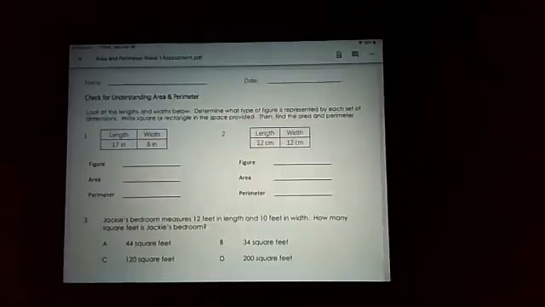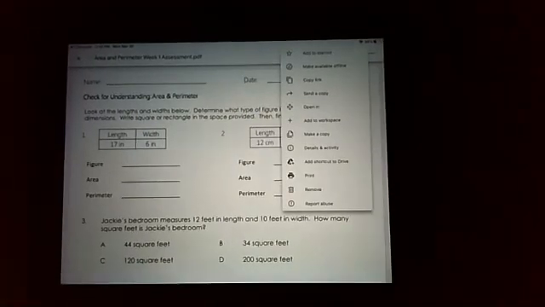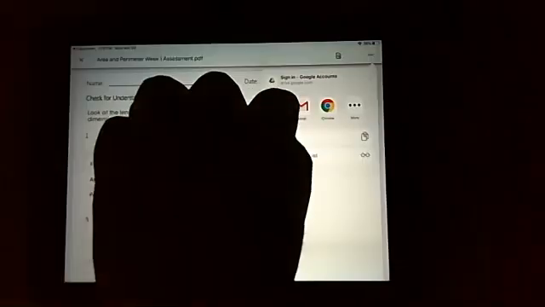Once it does that, it brings up this window. Then instead of that square with the arrow, you're going to have 3 dots here, and you're going to press those, and it's going to open up this window. You are then going to press send a copy. You will then go to Notability,